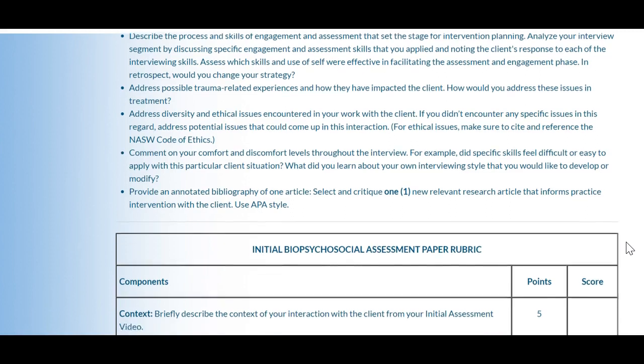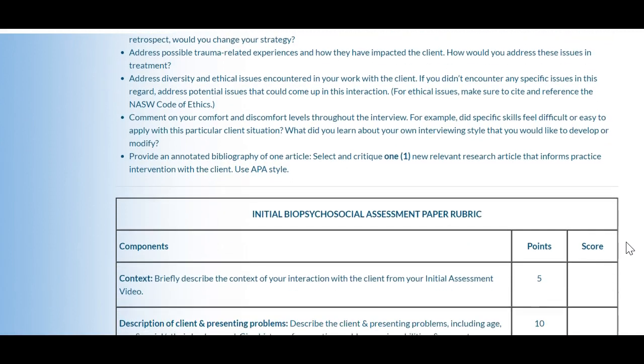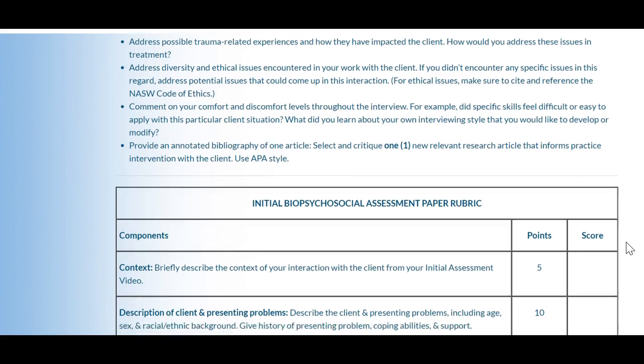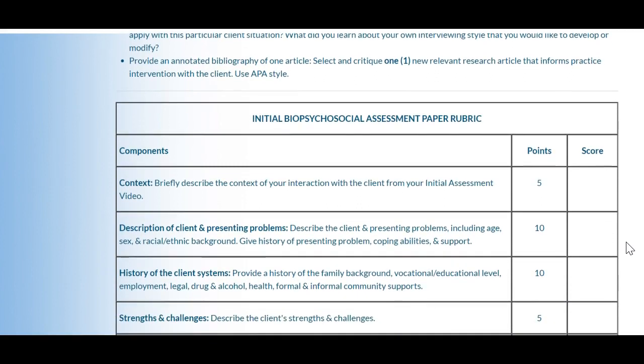And for those of you who need to brush up on your understanding of what an annotated bibliography is, you can go to the APA manual, or there's websites. I think the Purdue OWL website provides an example of what an annotated bibliography looks like. So please go there. It's different from a regular, it's not just a list of references, so you'll want to brush up on what that is if you don't remember. And then you can take a look at the rubric.